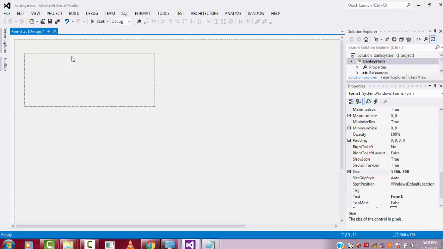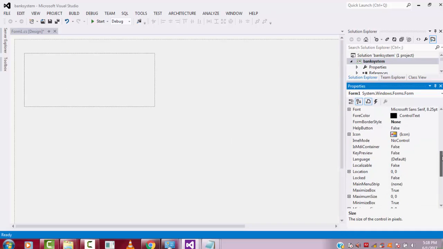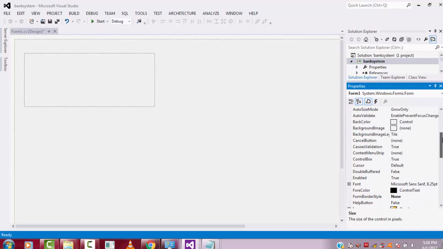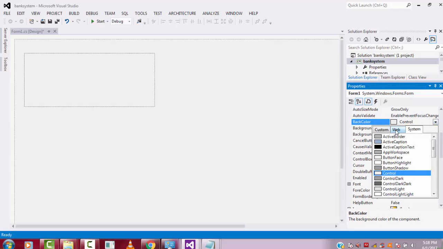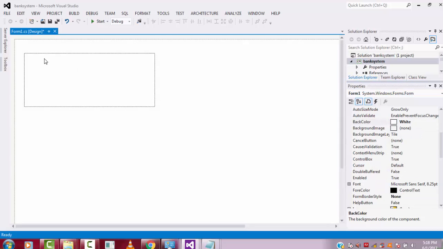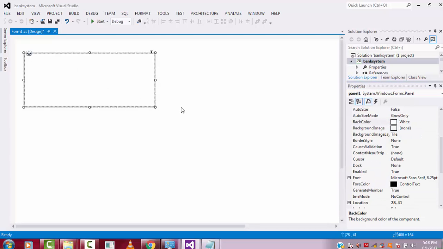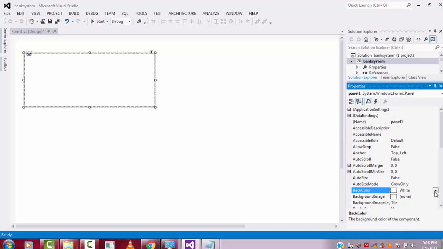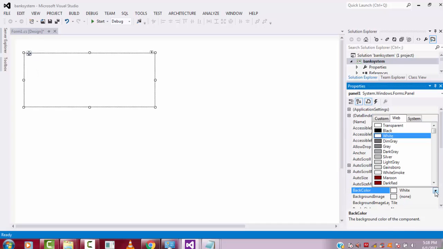First let me change the color. Click on this form first and let's change the back color. By default it comes as this color. You have to set it as white. Okay, that would be great. Now the panel color, let me change the background color.